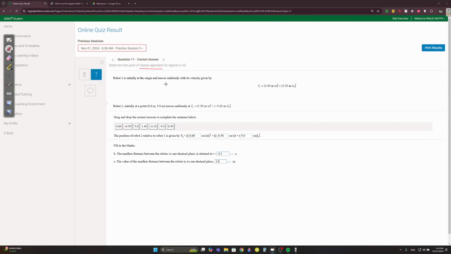This is closest approach. How do you know you're working with the closest approach? When they say the smallest distance, that means you're using closest approach. Closest approach has a few steps. It basically, when you memorize this formula,